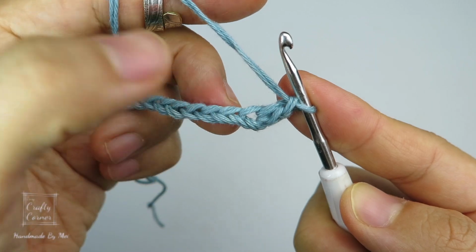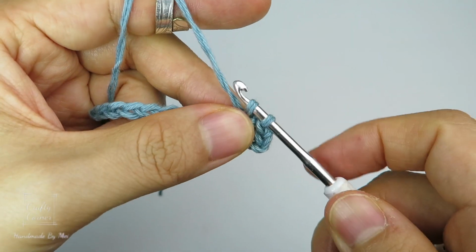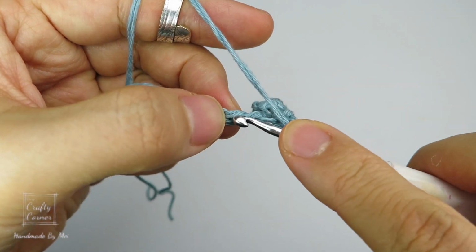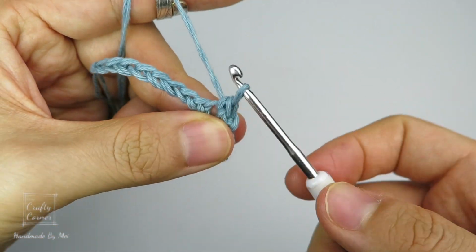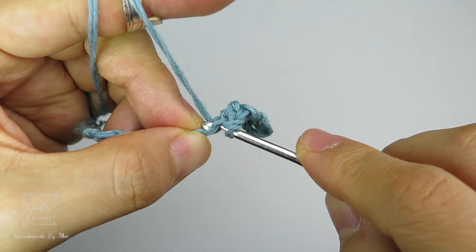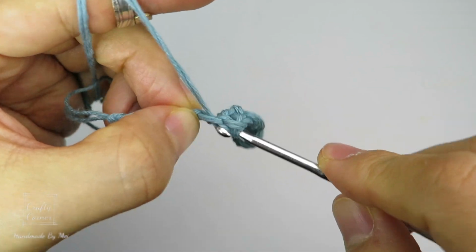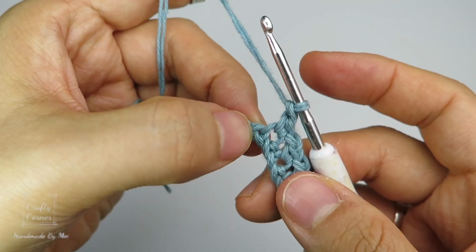Skip the next chain, then single crochet into the next. Insert, yarn over, pull through, yarn over, pull through 2 loops. 1 chain. Skip 1, single crochet into next. And 1 chain. Skip 1, single crochet, one chain. Skip 1, single crochet, one chain. Skip 1, single crochet,